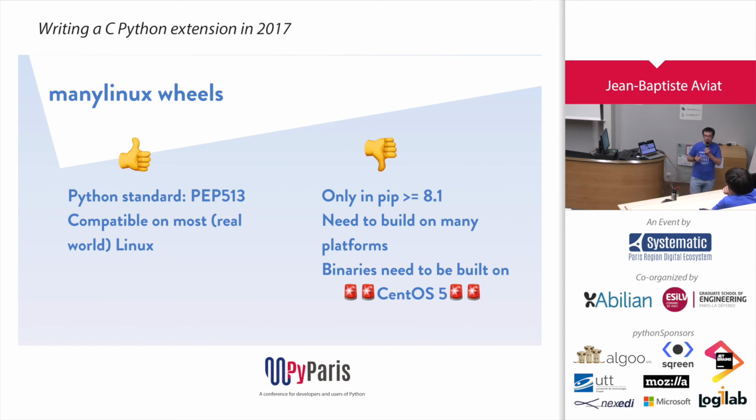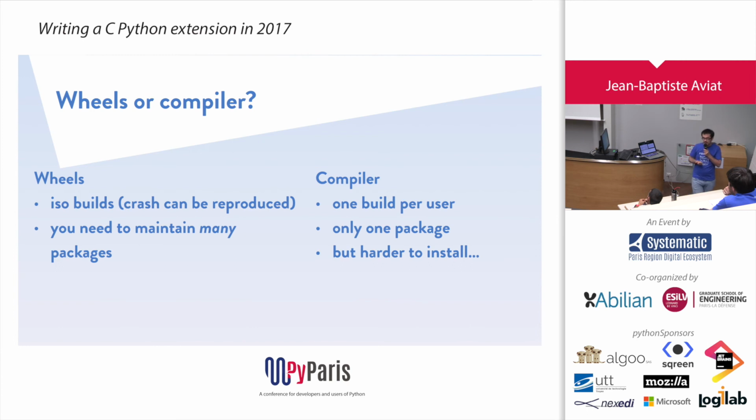The wheels were working very well for OS X and Windows. Who uses OS X or Windows in production? I don't. I think you don't, or not much. So yes, and that's in 2016 that the manylinux wheels were born. Okay, so in 2016, at least you have been able to pip install a binary package on Linux, and this package would be downloaded already compiled from PyPI. So that's the best way to set up things on Linux. So that's a Python standard.